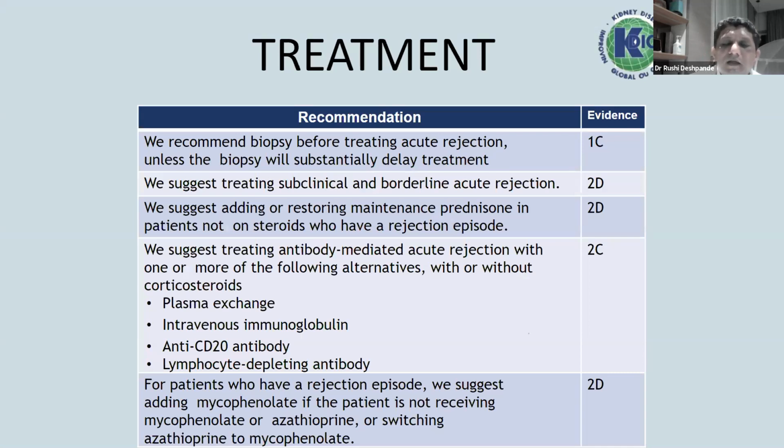Last would be adding a lymphocyte depleting antibody to mitigate the T cell injury, which comes about because of B cell stimulation. Once you have a humoral rejection, these are the patients where you should not think of decreasing the immunosuppression early. You should leave them on high doses of immunosuppression to prevent a second rejection episode. And again, high dose TAC, high dose MMF is recommended in these patients along with steroids.